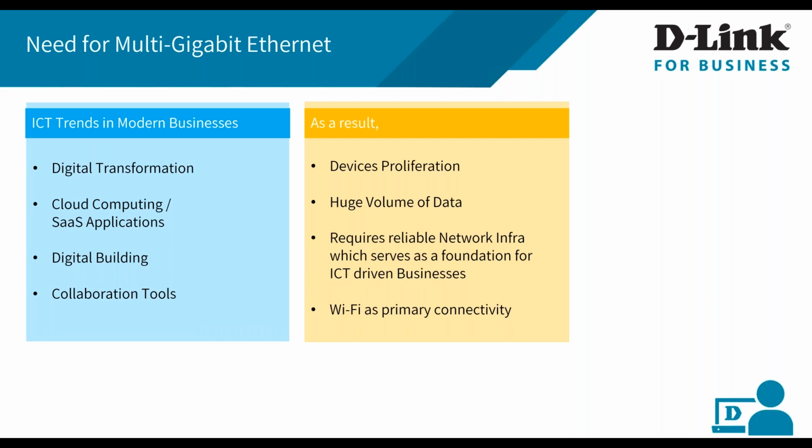Plus, with that, the increasing number of mobile devices and large volume of data have actually increased the importance of a reliable and high performance network today. Because it is a network which connects everything: customers, employees, suppliers, cloud, IoT. It is a network which connects devices, data, people, processes. It is a network which enables data sharing and uses that data to drive business. So today the role of the network has changed from being just an enabler. Today the reliable network serves as the foundation for ICT driven businesses.